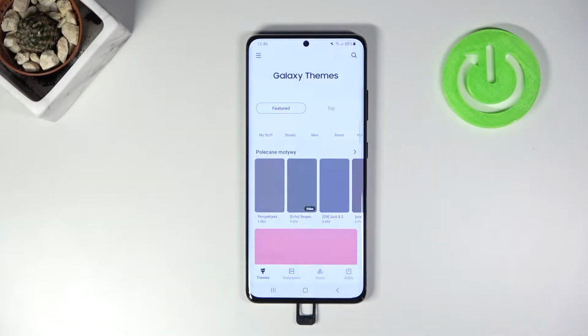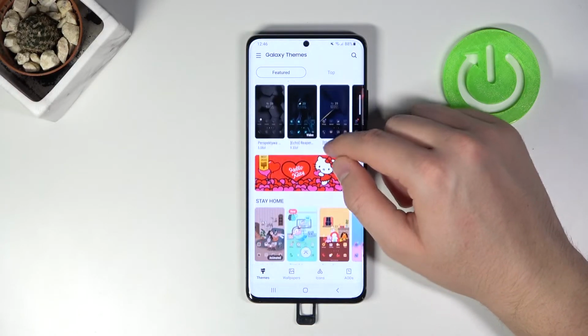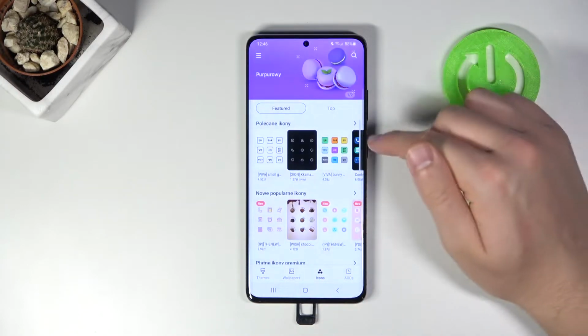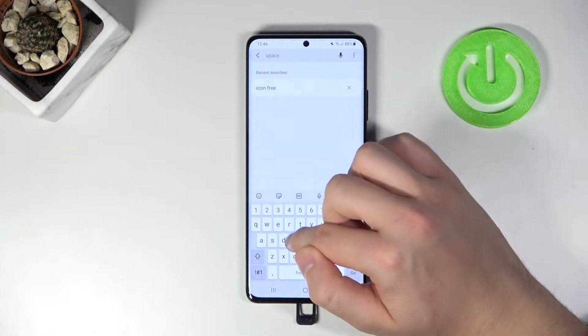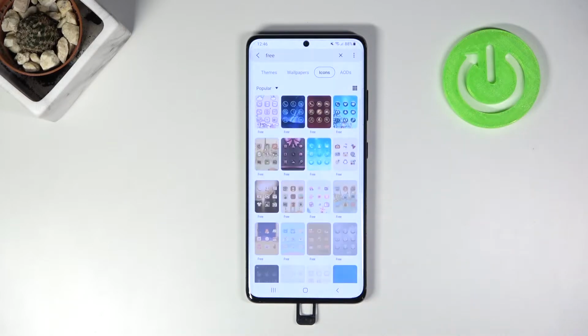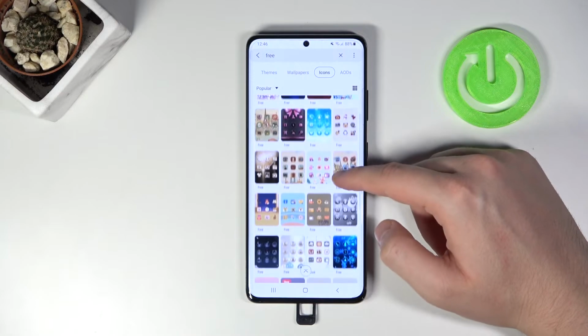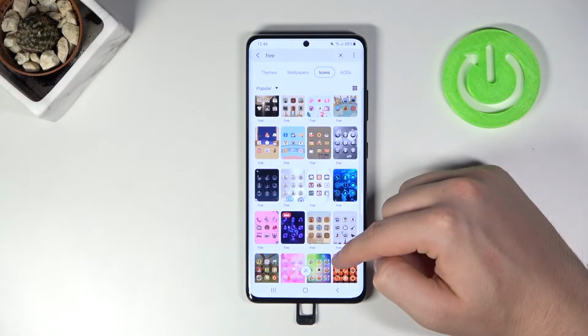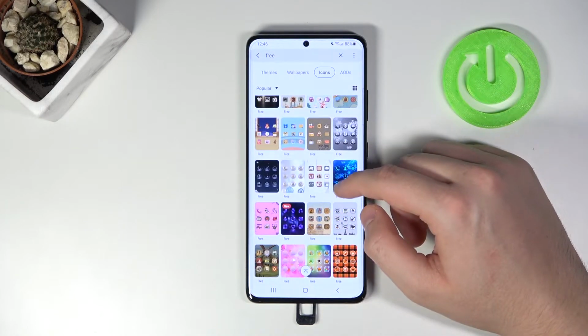Let's pick up the first option, and as you can see we are moved to the Google theme store, and we have to go for the icons, and I will type here in the search pool free because I don't want to pay for any of this stuff. And as you can see, we got all free icons that we can set up on our device. So just simply choose that one that fits you the best, and in my case it will be probably